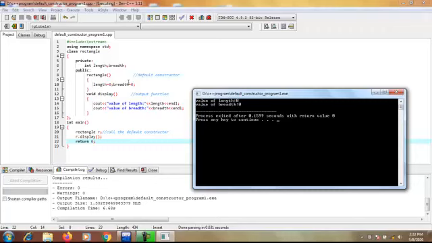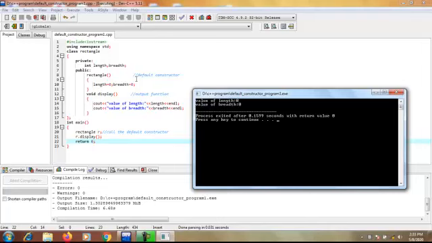In the previous video, I wrote a default constructor with no definition. So with the help of the constructor, the value of the length and the value of the breadth is declared. And in this program, I declared the value of the length and the value of the breadth as 0.